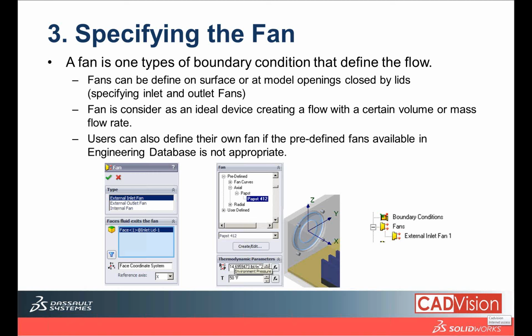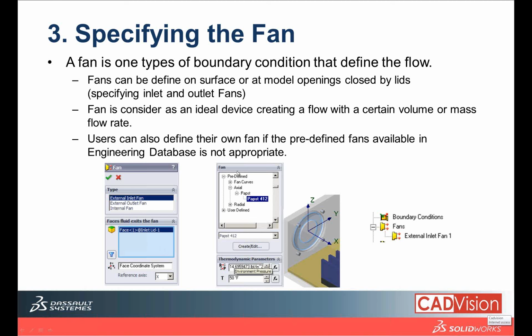Fans are one of the boundary conditions for the flow analysis. So we can define it on the surface of the lids, a surface of enclosures within enclosures. It can be split lines, or it can be solid models, which is a simple cylindrical extrude. In our case, we have 3 types of fans to be chosen: an external inlet fan, an external outlet fan, or an internal fan. So select the face and then select the models